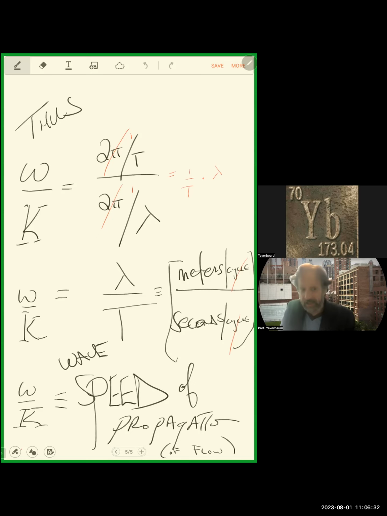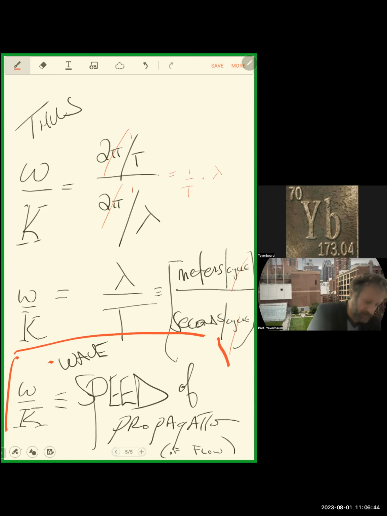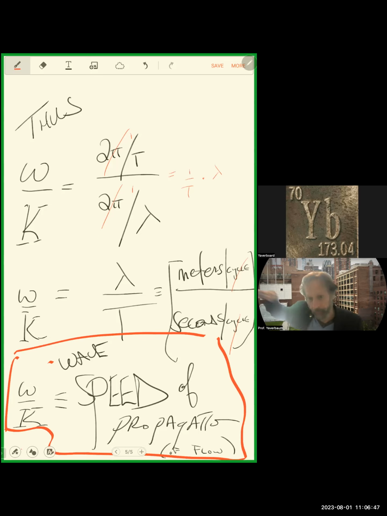But the last thing I have to say is, if the constant of proportionality is the square of the wave speed, right? And then, yes, indeed, that is my big point. If this business is the speed of flow, the speed at which crests and troughs, distortions are flowing back and forth along the equilibrium axis, the propagation axis, if that's what that is, let's note